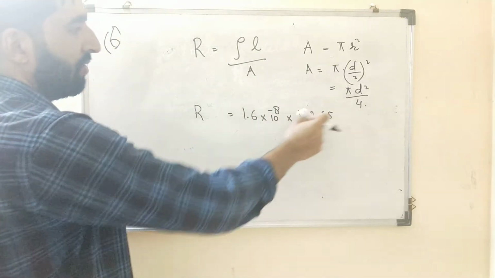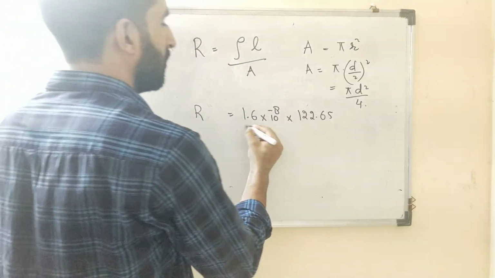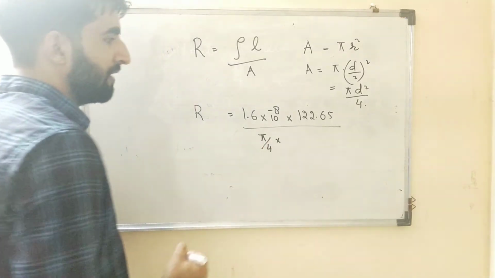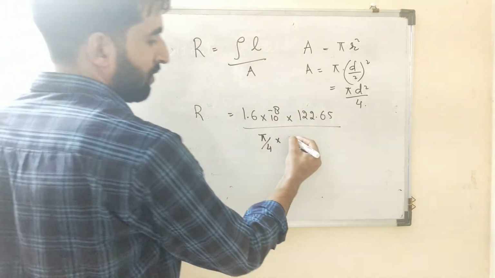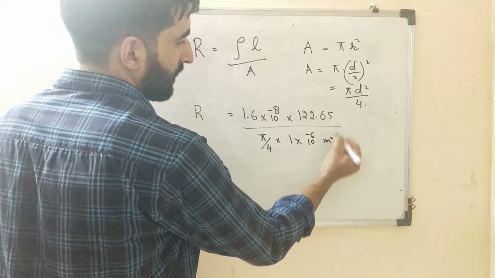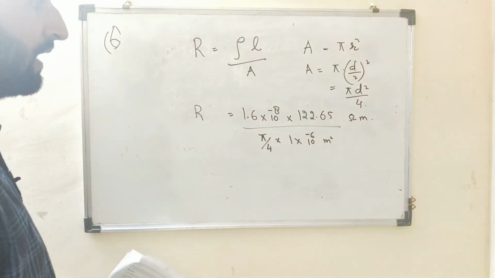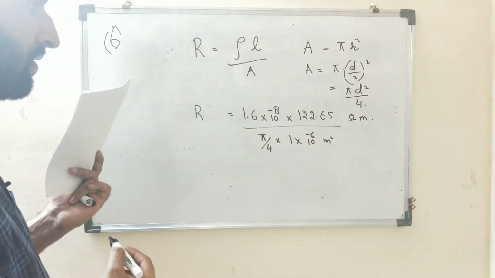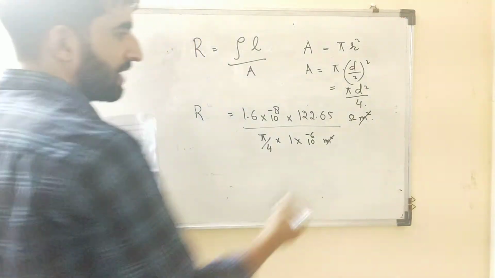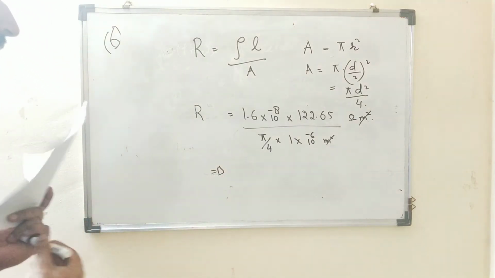लेंथ में कांस्टेंट रख रहा हूँ, एरिया जो है क्रॉस सेक्शनल एरिया. सो यहाँ पर मैं डायमीटर को डबल कर रहा हूँ. सो दिस विल बी इक्वल टू पाई बाई 4. सो डी स्क्वायर विल बी इक्वल टू 10⁻⁶ मीटर स्क्वायर. सो यहाँ पर आएगा ओम मीटर एंड यहाँ पर मीटर भी आएगा, इसका मीटर. सो दिस विल बी इक्वल टू मीटर स्क्वायर विल गेट कैंसल. सो आई हैव टू फाइंड आउट व्हाट विल बी द आंसर. सो इट विल बी 1/4 ऑफ द ओरिजिनल वैल्यू.